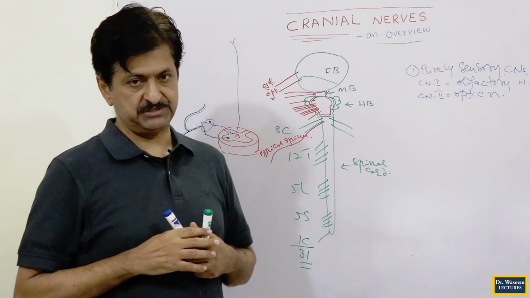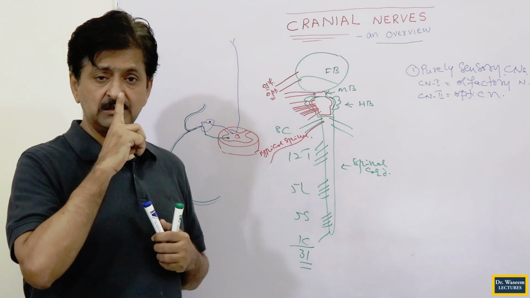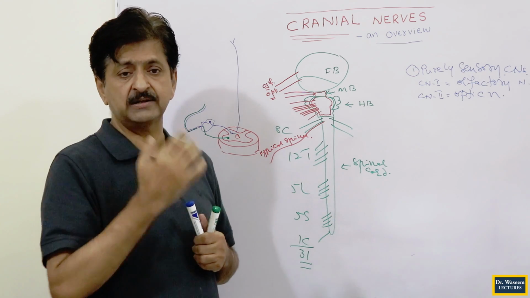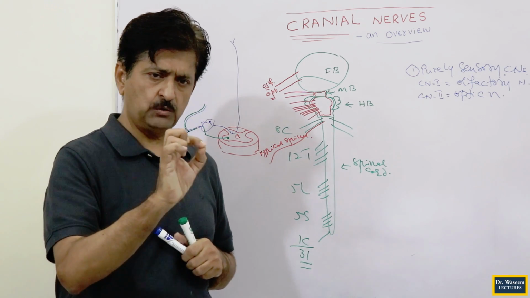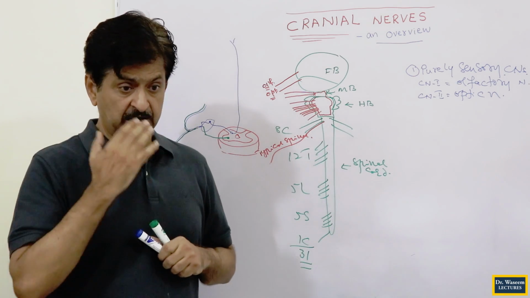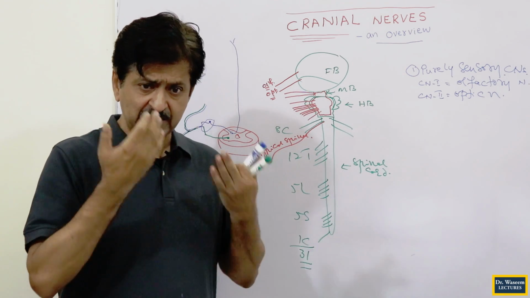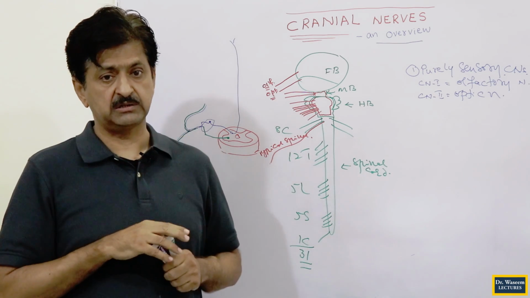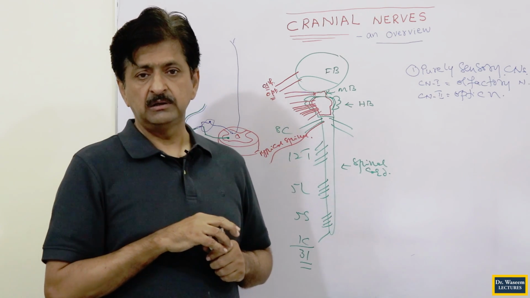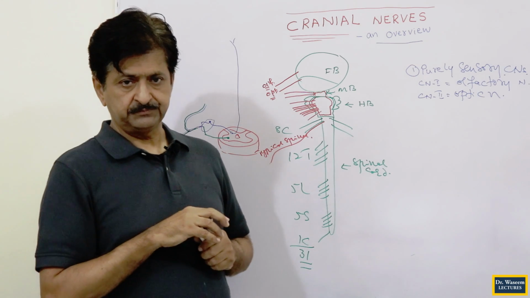Second purely sensory nerve is this, because it is specialized for the special organs, for the special senses, and they will do that function only. Though there are pain, touch, temperature, etc. in the eye also, that will be carried by a certain other nerve, not this nerve, because this nerve is not just purely sensory. This is very purely sensory.